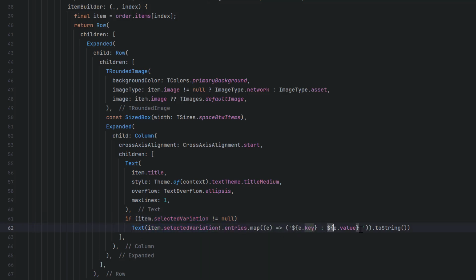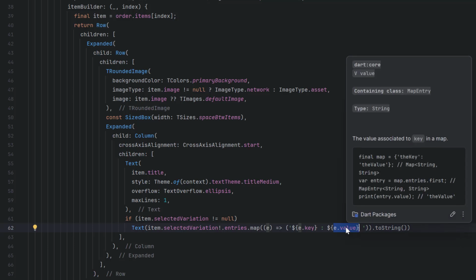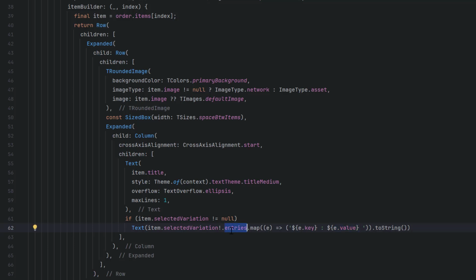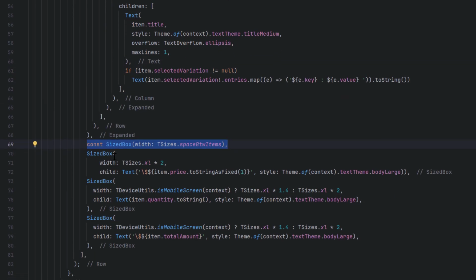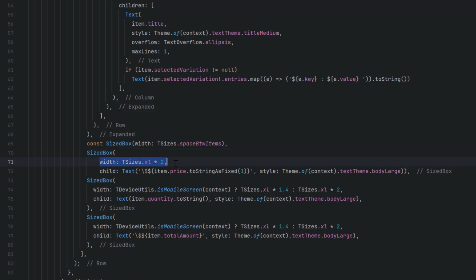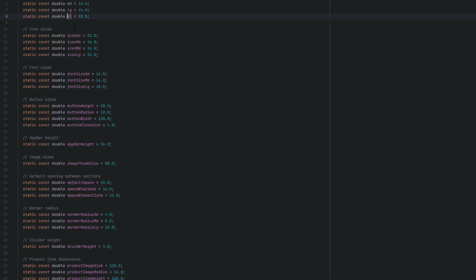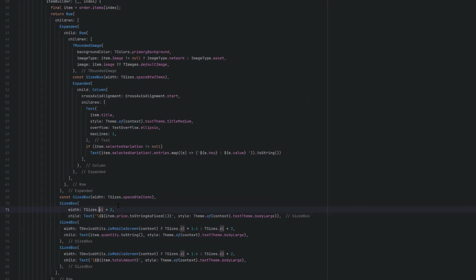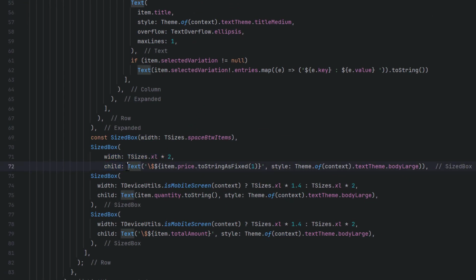Key will be, let's say, color, and the value is maybe brown. Because it is a list of entries, we have a variation of type color brown, size small, so something like that will be displayed as a subtitle only if it is available. After that, we have some space, and then the SizedBox with a width of this much. TSizes.xl is 32. This means multiplied by 2, 64 is the width. Then as a child, we have a text, item price toStringAsFixed(1), meaning the decimal should not exceed 1. So let's say we have a value of 27.5. It is not going to display